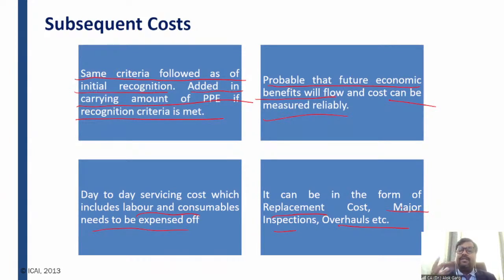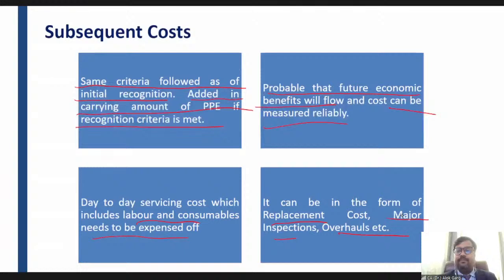Sir, if we do not replace the tire, of course we will not be able to run the truck. So of course, when you replace the tire, future economic benefit will be there and the cost is measured reliably, right? But you need to see from the perspective of whether it is a major expenditure. For example, if in a year you are running, let's say, 30,000 or 40,000 and every year you are replacing the tires, this is a kind of repair and maintenance expenditure. This should not be capitalized. This should not be added into the cost of the truck, right? I hope it is clear to everyone, okay, guys.